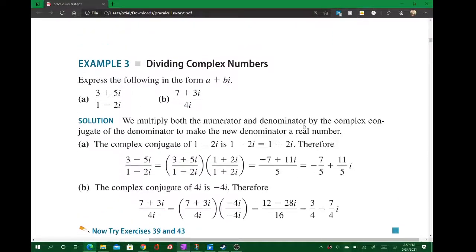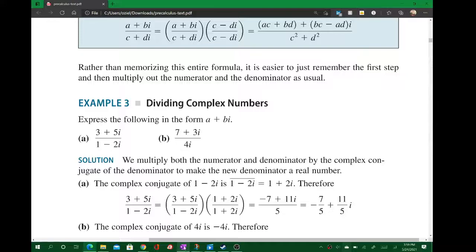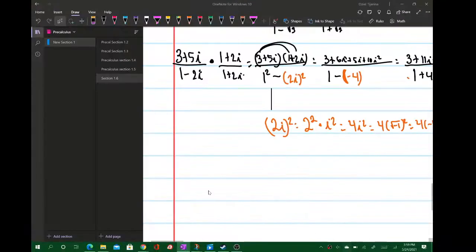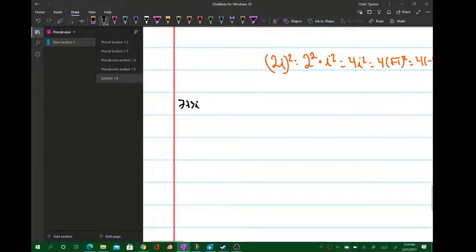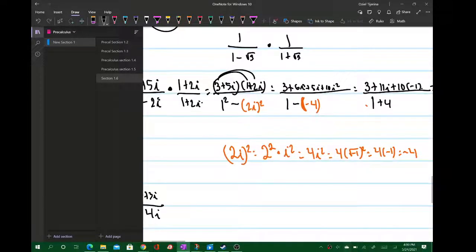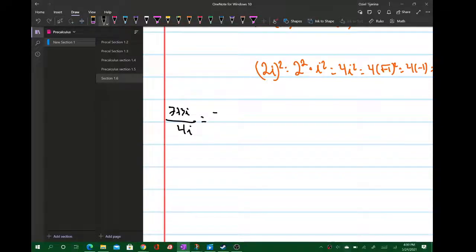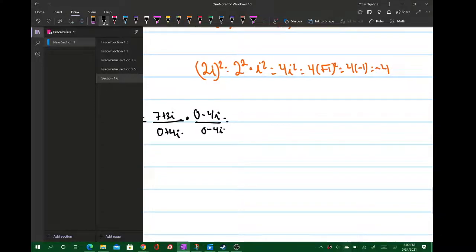And we can do this one as well. So usually, so this one is 7 plus 3i over 4i. Now, if you really don't know what the conjugate of 4i is, you can do the following. This is equal to 7 plus 3i over 0 plus 4i. So then you can say, oh, I can multiply by the conjugate, which is 0 minus 4i over 0 minus 4i, right? This equals 7 plus 3i times negative 4i